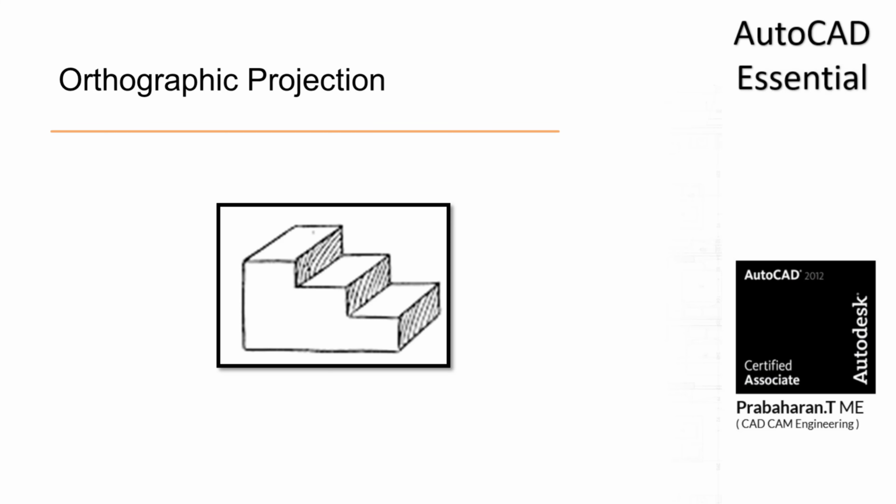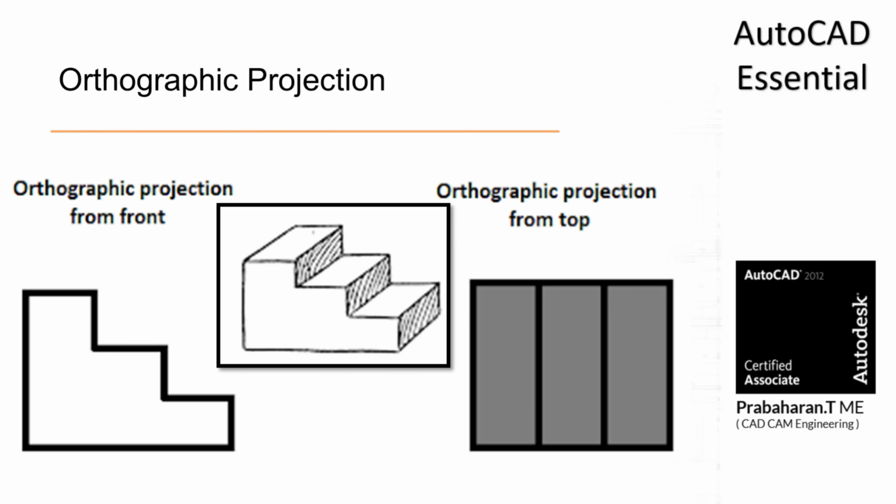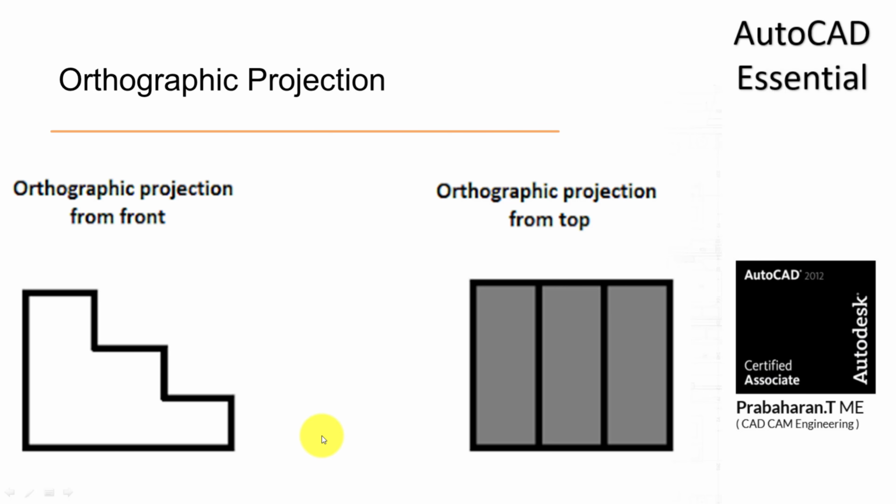Okay, if I want to fabricate such a thing, or if I want to build a staircase like this, what do I have to do? I have to draw the diagram for manufacturing this. So I need to draw the front view, top view, side view. So we are drawing like this. This is called an orthographic projection. Drawing the front view, top view, side view of the component is called orthographic projection. This is what we are doing as of now, drawing lines and circles, everything.